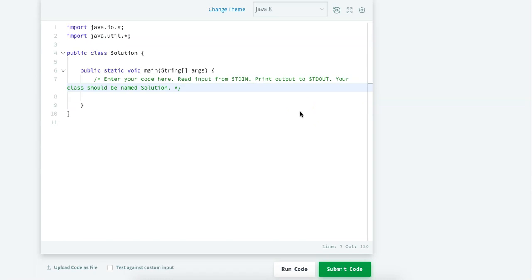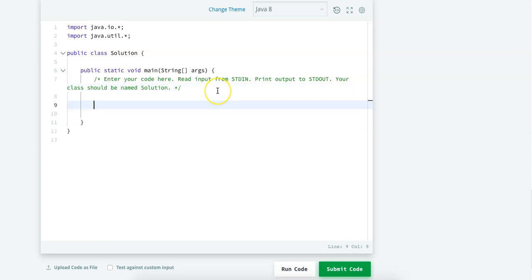My approach will be, first I will take a string and convert it into a character array, and then I will declare two variables of StringBuilder type, one to store even index characters and one to store odd index characters. Then I will traverse the character array and store the even index characters in one variable and the odd index characters in the second variable, and after the loop is over I will append the even and the odd index variables and print the result.